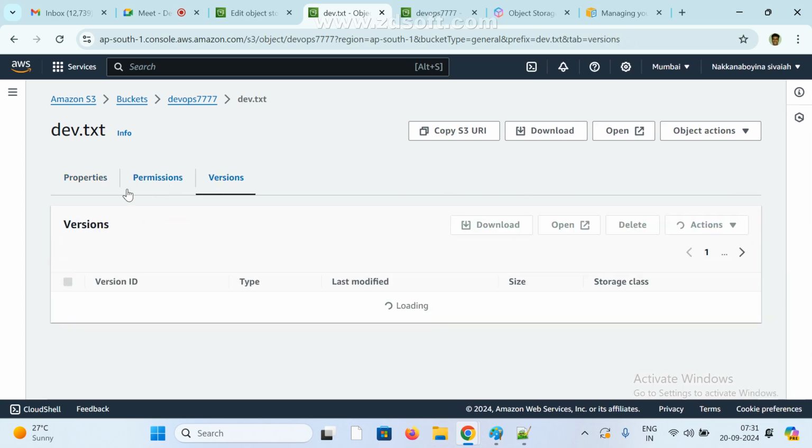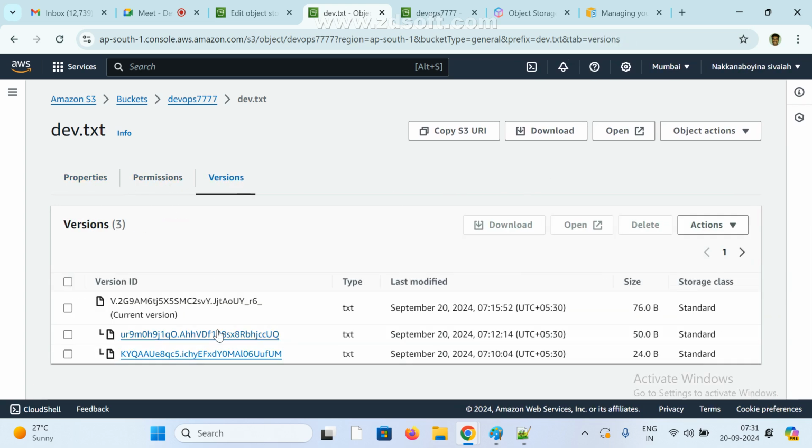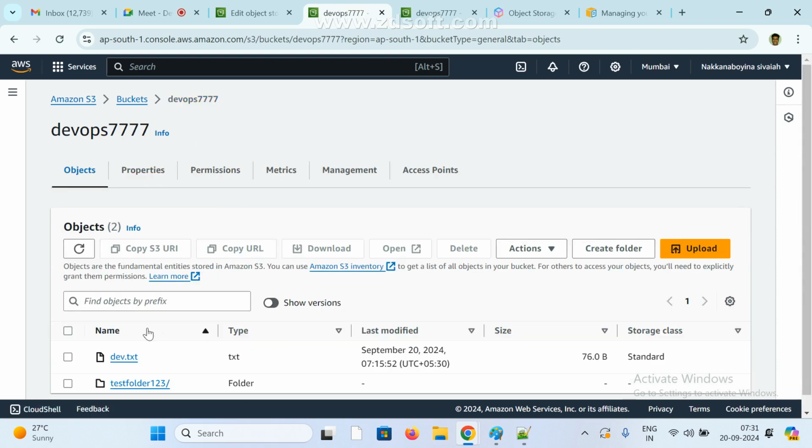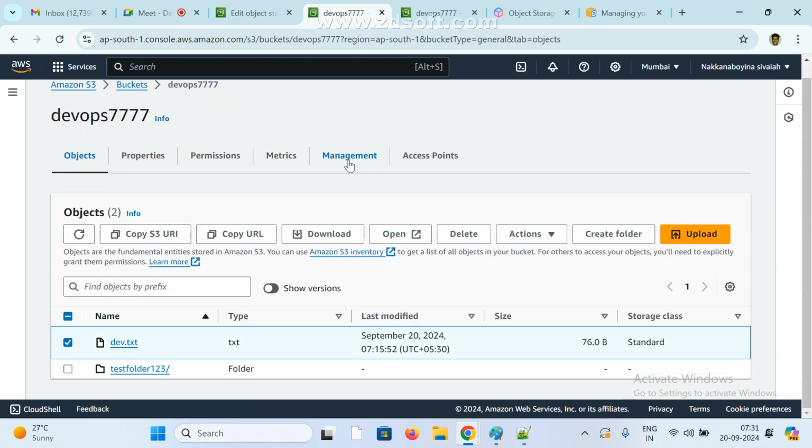So these are permissions already, right? These are the versions, and all are already enabled versions, right? We can see versions here also. Now go to here. Now select this one, and click on